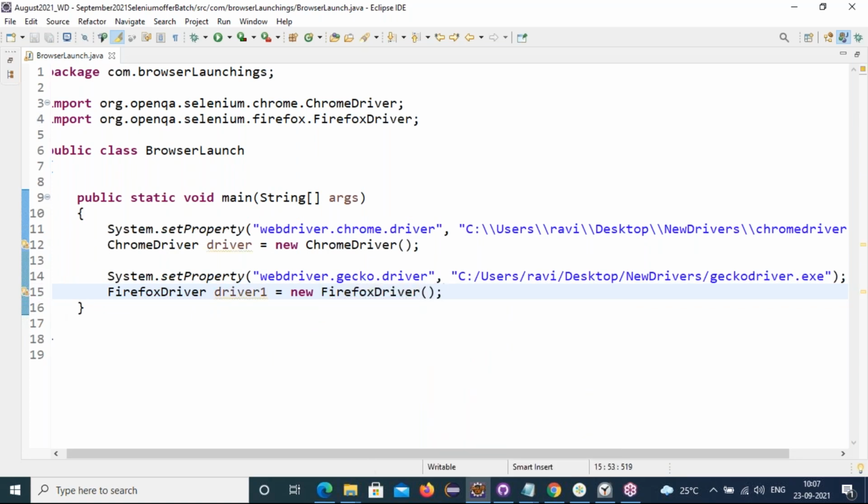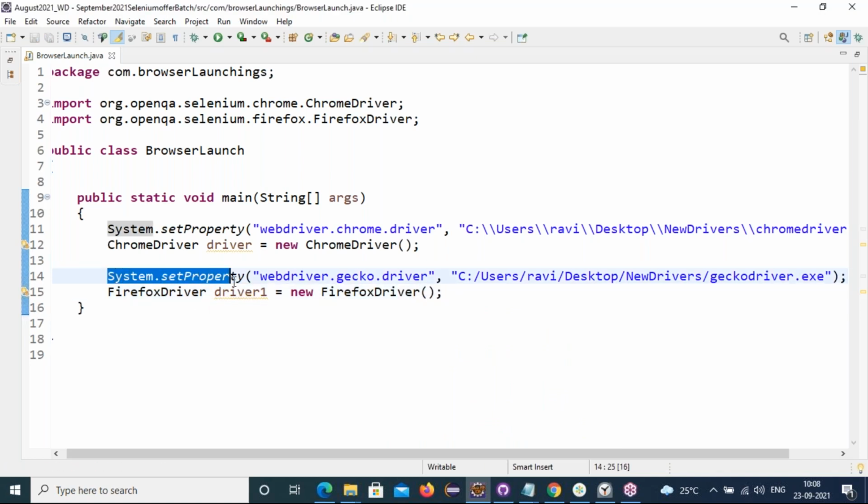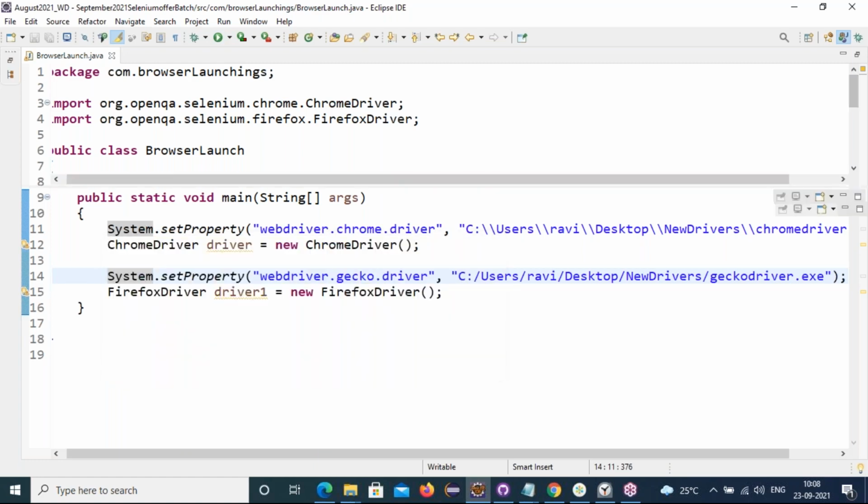Now Firefox is going to be launched, okay? Friends, even if you do not set it, this also works because I have already given the drivers' path in the system environment variables. I am just showing you how to set the path in the script also. Now see, run this program. First it launches Chrome, then it launches Firefox.